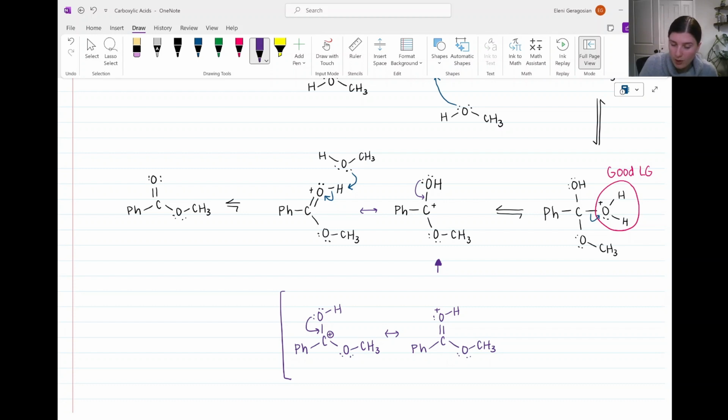Now the OCH3 group, the methoxy group, could also donate its electrons instead of the OH. So we can show that pi bond breaking and a new pi bond forming. And this is another important resonance structure, where again we have all closed shell atoms. And a positive charge on an oxygen, but more importantly, all atoms are closed shell. So in this last structure, again, another valid and important resonance structure,